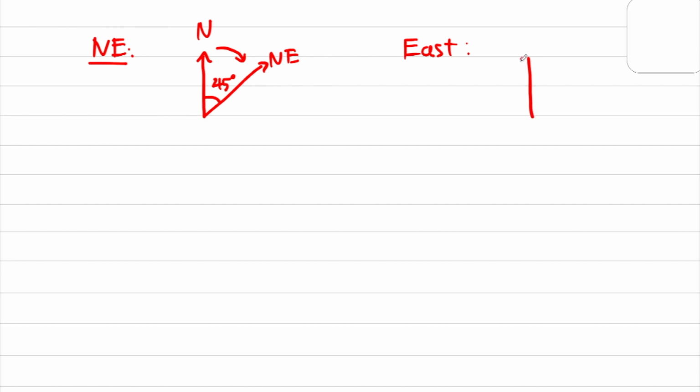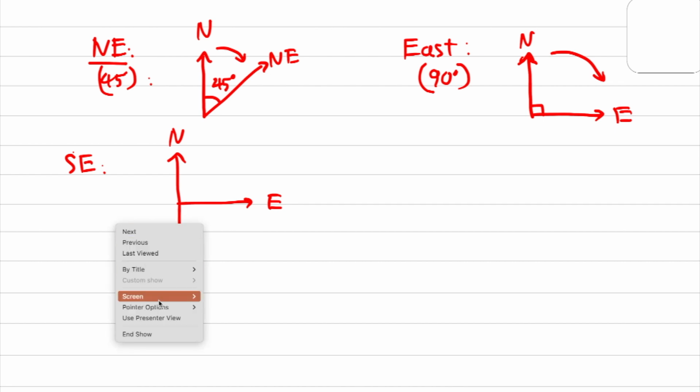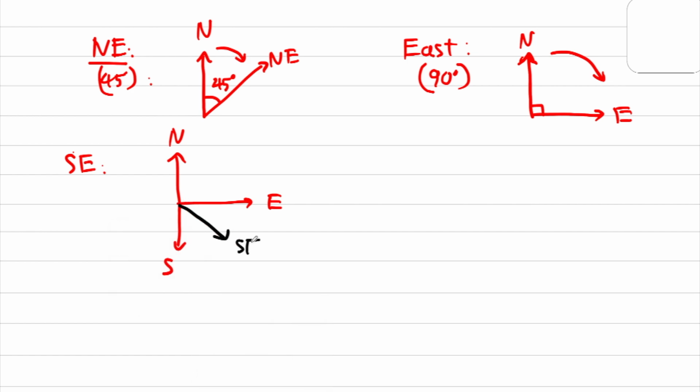For east, you have the direction of north and then east here, and you turn from north to the new side in the clockwise direction. The angle in this case is 90 degrees. And the next one is SE, meaning southeast. You have north here, east here, and this one is south. The direction of southeast is this one. Here is southeast, and the angle you have to calculate